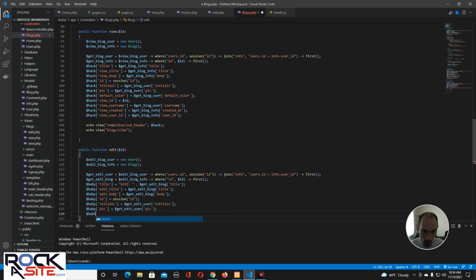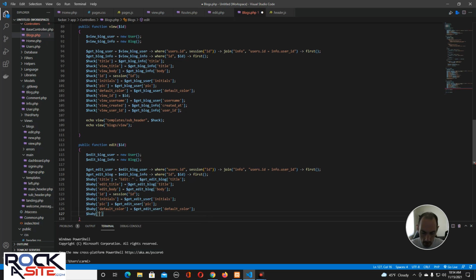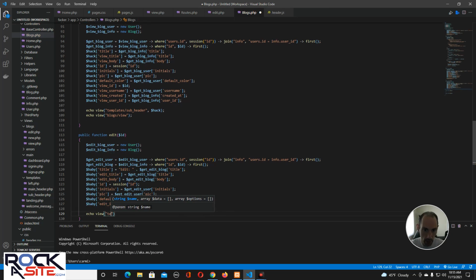Baby default color, get edit user default color. And baby edit ID equals the ID. That's all we need. And then we just echo the views, templates, not templates,